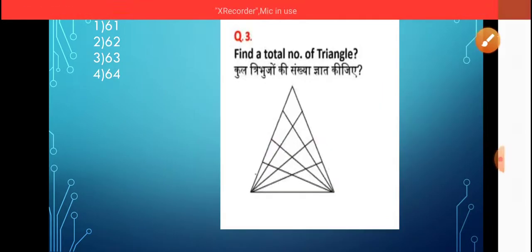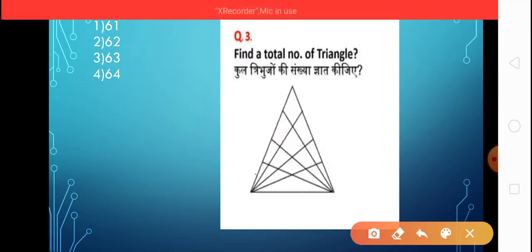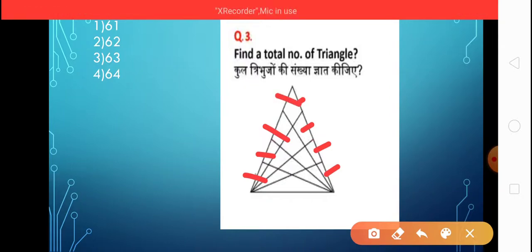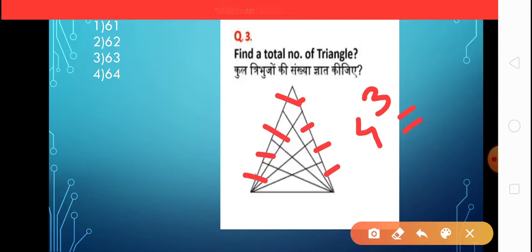Let's take another example. The same example, but in this example three lines are emerging out, and of course this line will divide the opposite line into 4 parts. Similarly here, these 4 parts. Again, simply how many parts are there on each side, that is 4. So the base will be 4 and the answer will be 4 cube, which is equal to 64. So option number 4 will be correct.